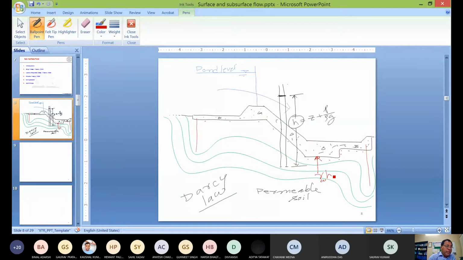So here we are interested to know what is the value of H. How can we get the value of H? This is of prime importance. If we can get the value of H, we can get the forces acting in the upward direction due to this seepage water, right? So how can we get it? For that, let us have some discussion. I think this point is clear to you. Is it clear?